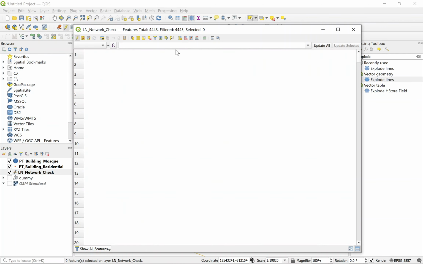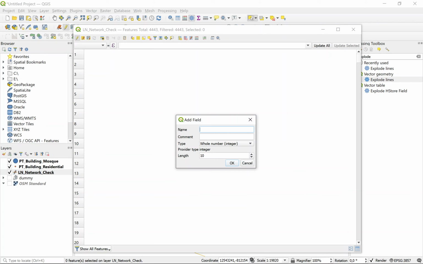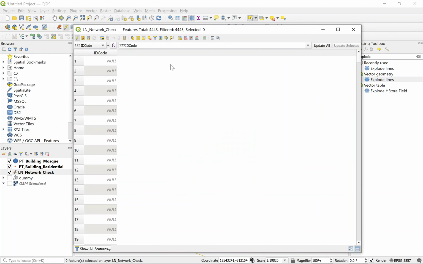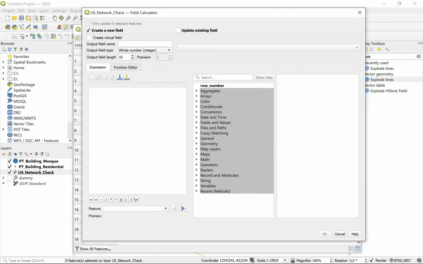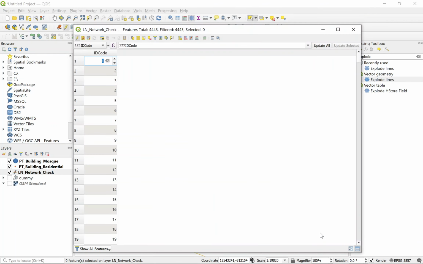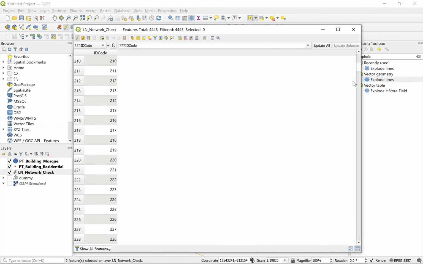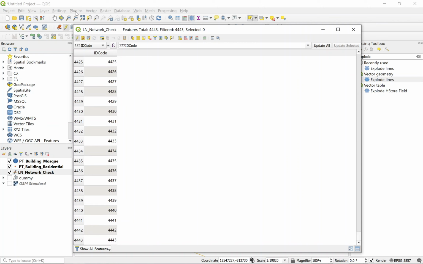Then we can create a new ID code, delete the length and click OK, and we also use the same step, ID code, $id plus 1. Okay, here is our ID, so it will be different between building residential and mosque facility.